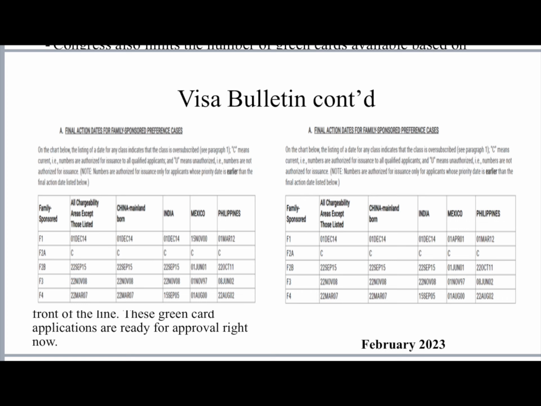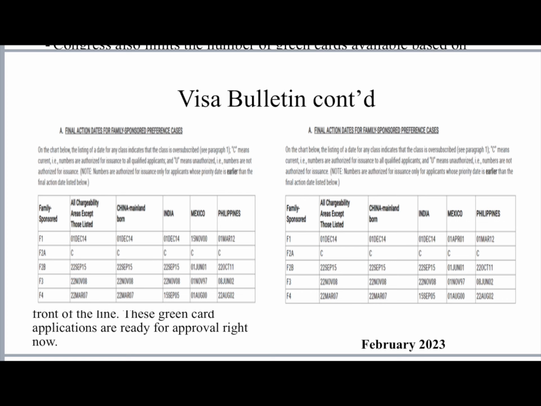F2A, you see the C in the column. It means that F2A is current, meaning they don't have a backlog. And once you're in that category and you're documentarily qualified, there is a visa available for you. So you're just awaiting them to send you an interview date to go to the embassy to get